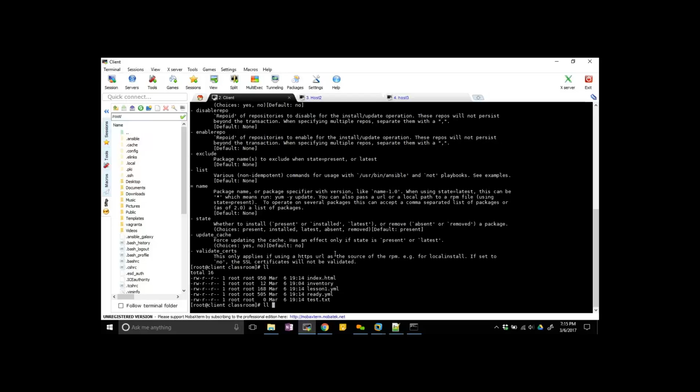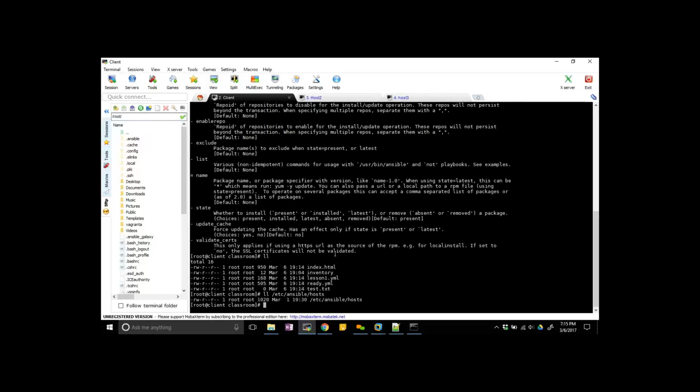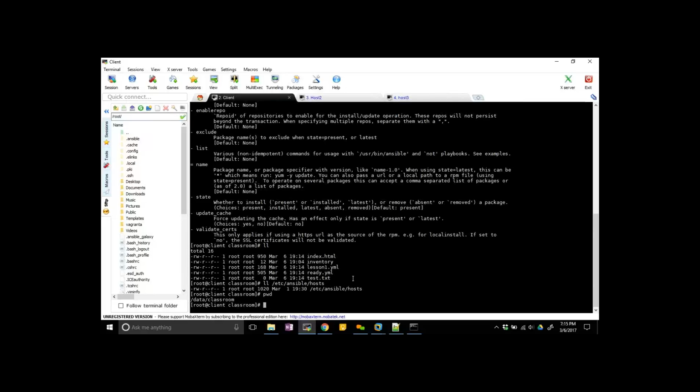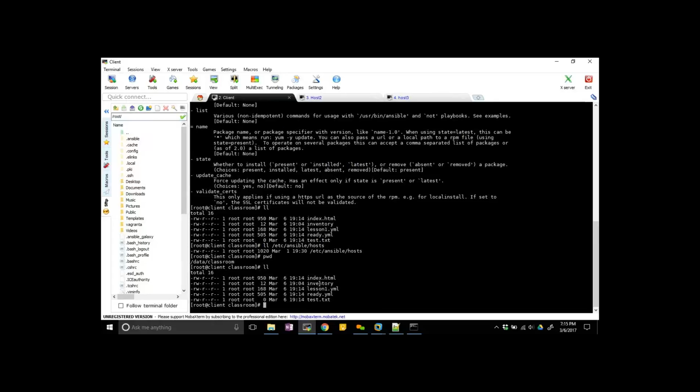In the previous section we saw that the global inventory file for Ansible is /etc/hosts. To override this, I made a custom inventory file in this current folder. If you see the folder, this is my inventory file.